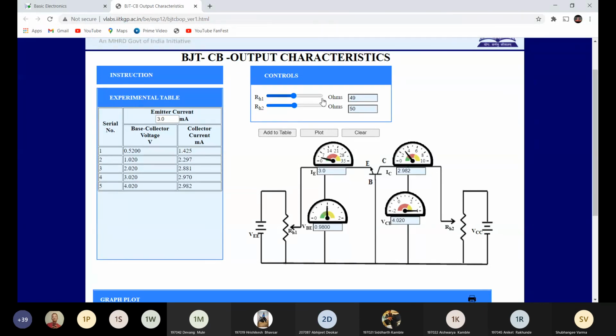And then 5 and then 6. We are going to take 8 readings. So total 8 readings we are going to take, and here you can see we get IC approximately equal to IE, and then we are going to plot it.